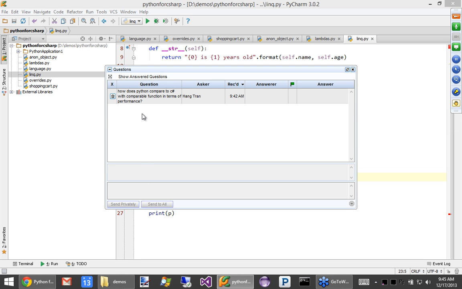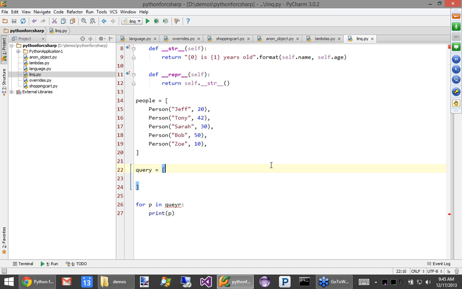Let's see, there's a question. How does Python compare to C# with performance, with comparable functions? Great question. It's a complicated answer because there are many, many different runtimes. Some runtimes are like 5 times faster than other runtimes.